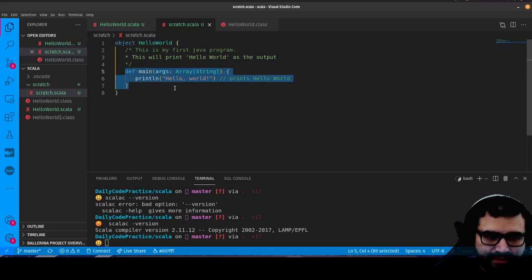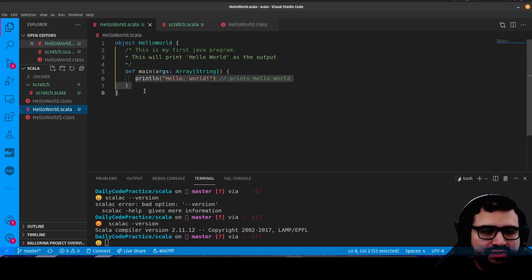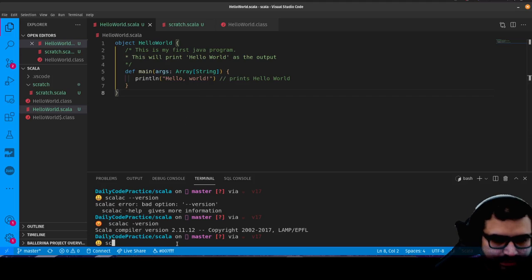So again, your program is essentially within this main function. The first thing you always want to learn is how to print text to the screen, because you need that for logging, for debugging, etc. So in this hello world Scala, we see the basic idea. It's just this println function, and we can pass what we want. That works. And to compile it, I would type in scalac. That's the Scala compiler.